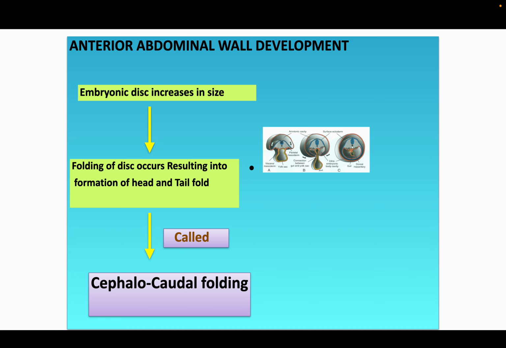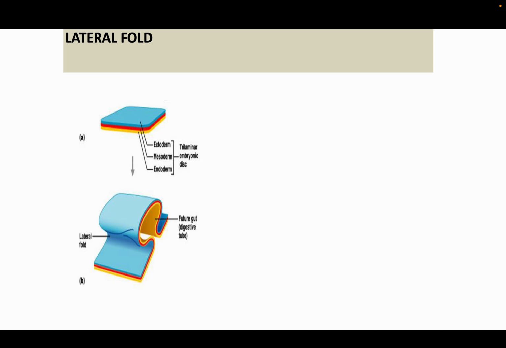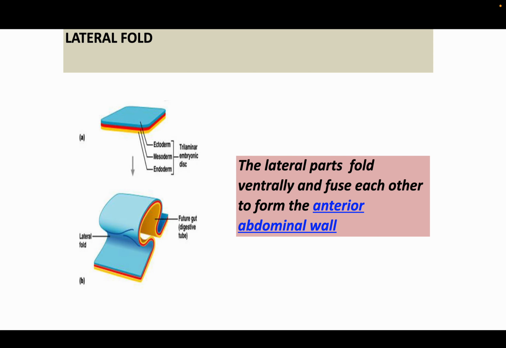The embryonic disc increases in size, number one. Then second is folding of the disc, resulting in the formation of head and tail folds, which are called cephalocaudal folding. Now the lateral folds, as I have told you, the lateral parts fold ventrally and fuse with each other to form the anterior abdominal wall. So the cranial and caudal ends are folding, then the lateral folds fold toward each other to form the anterior